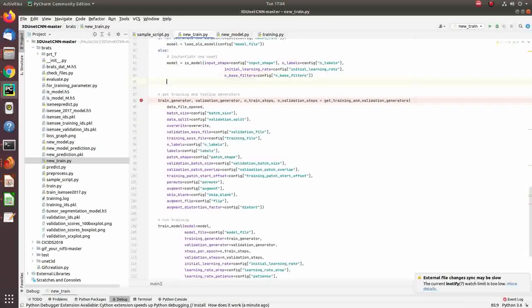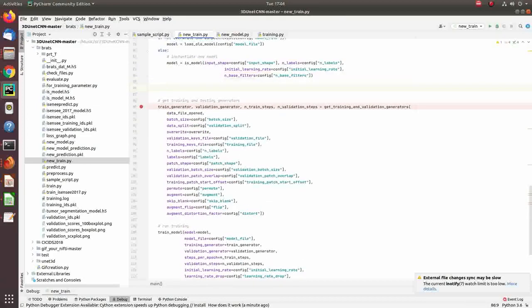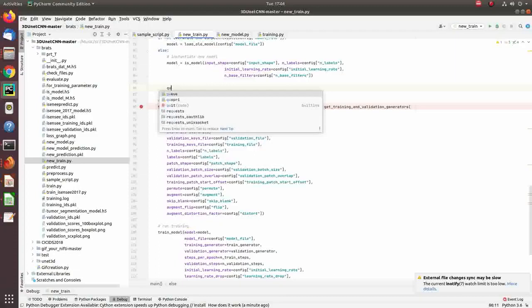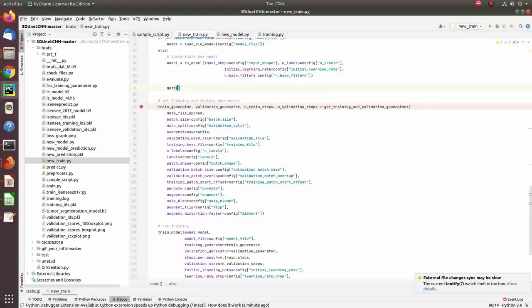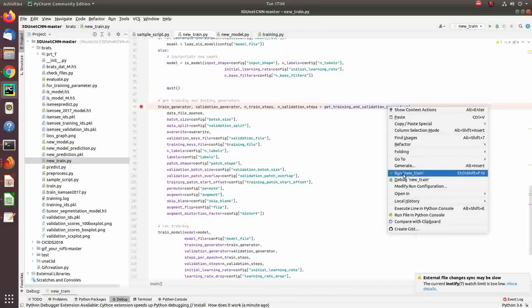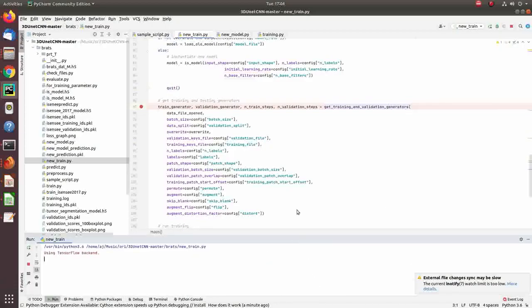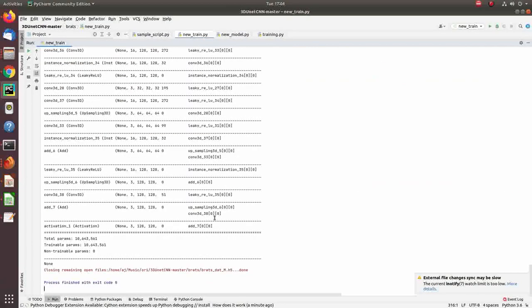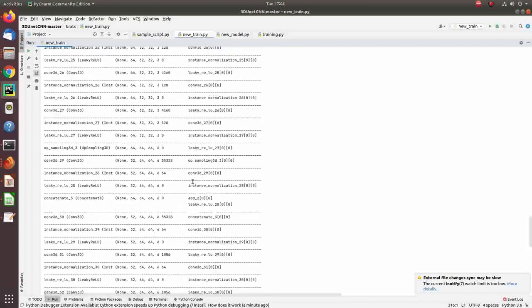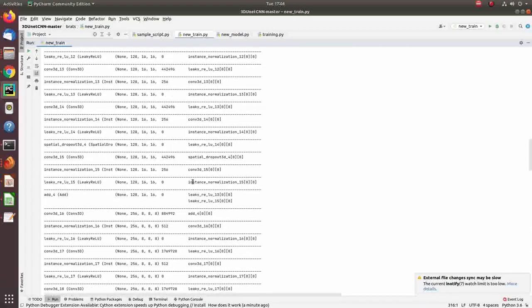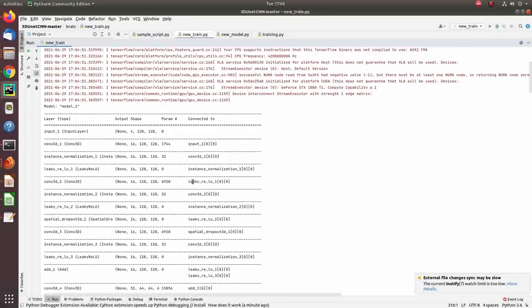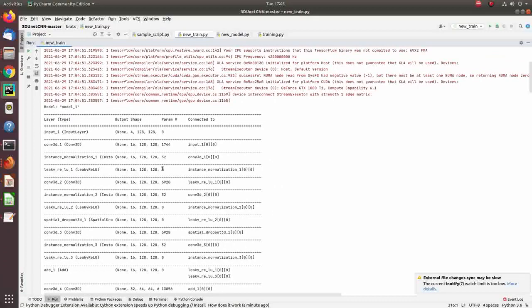So guys, let's see how the model looks. Once it reaches here, it should wait, and then the model summary will print automatically. Let's run the program. Okay, the process is finished. So this is the model I have created this time. Let me give you an overview of the model.